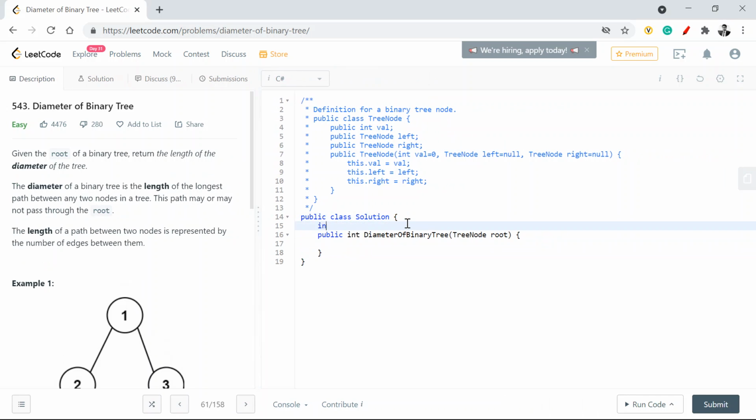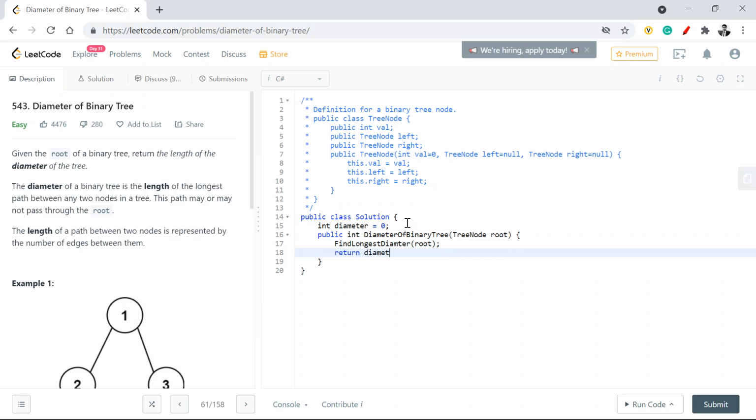What we're going to do is create a diameter object variable. Then we are going to create find longest diameter, this is the question. I hope my spelling is right. I'll pass the root node, and I need to return diameter.